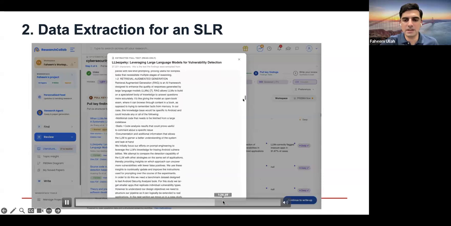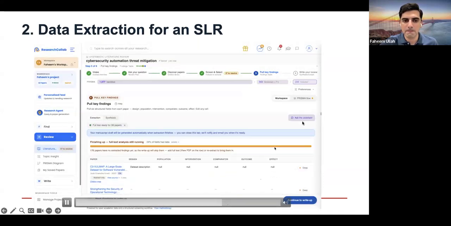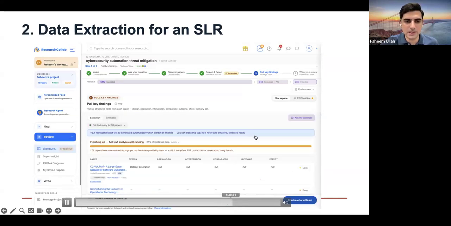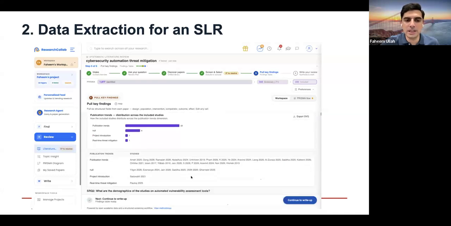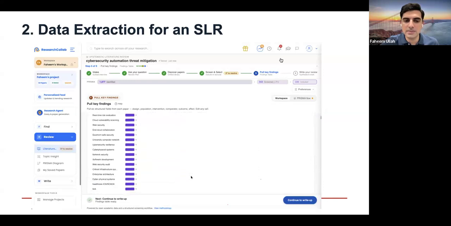You can see the papers and you can see the findings if you want to verify something. Okay, now this part is very interesting. The synthesis one. So you see it gives you the publication trends, the answers to your research questions with some